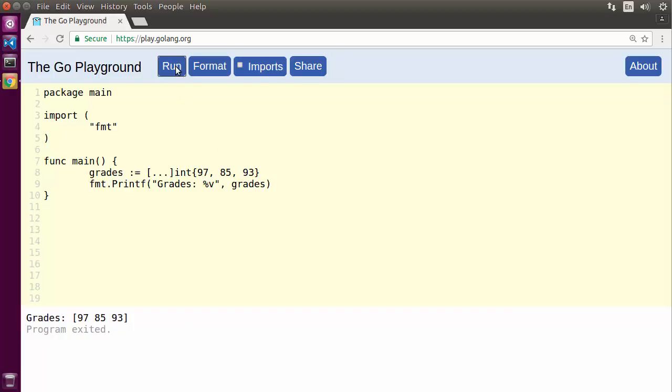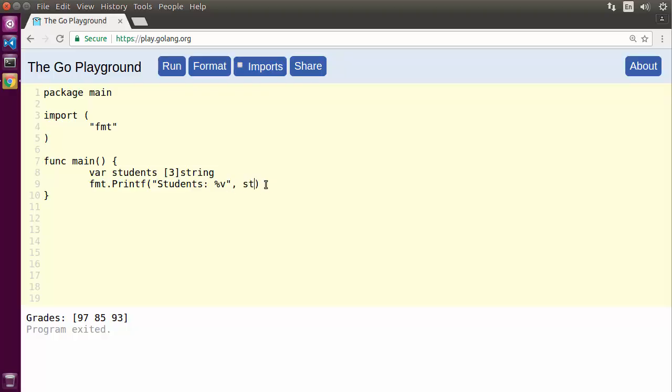So in this case, we're going to get an array that has 3 elements in it, and that's implied by the fact that in this literal syntax, we've passed 3 integers to it. We can also declare an array that has a certain size, but has its values zeroed out by doing something like this. If we declare an array called students, and let's make that a 3-element array that's going to hold strings,